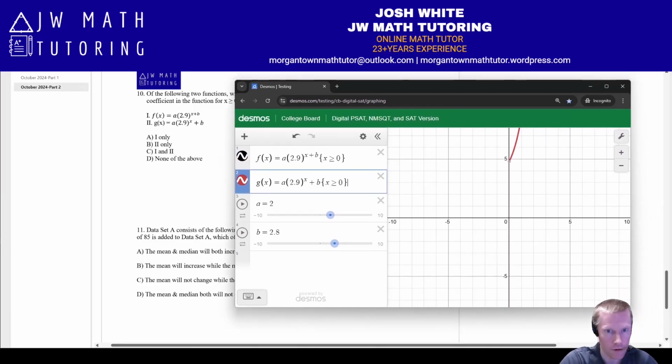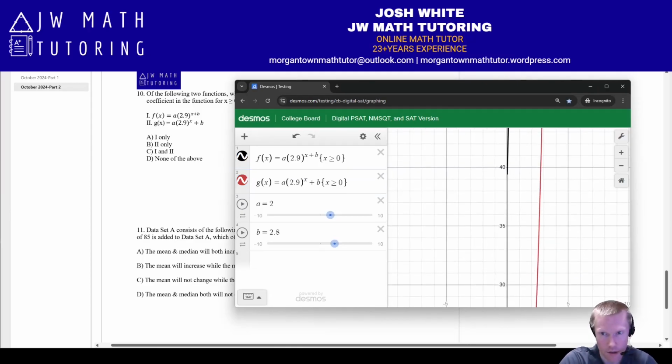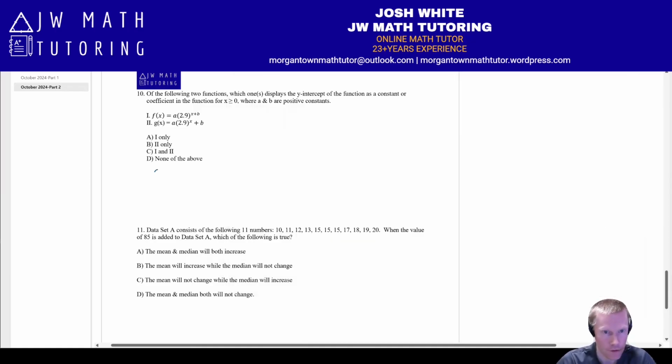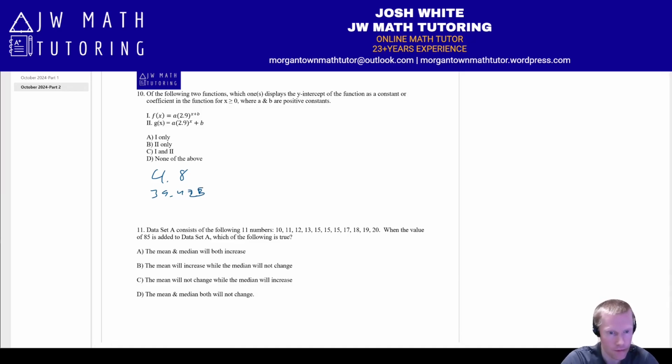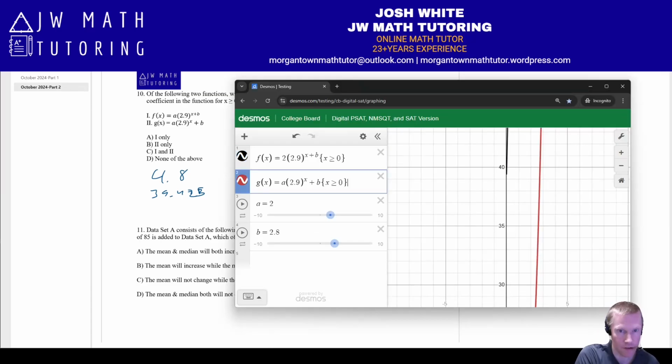All right, so one of these has 4.8. The other one has 39.423. So again, 4.8, 39.423. Now, if I just replace the A's here with the 2 that's equal to, and I replace the B with 2.8,